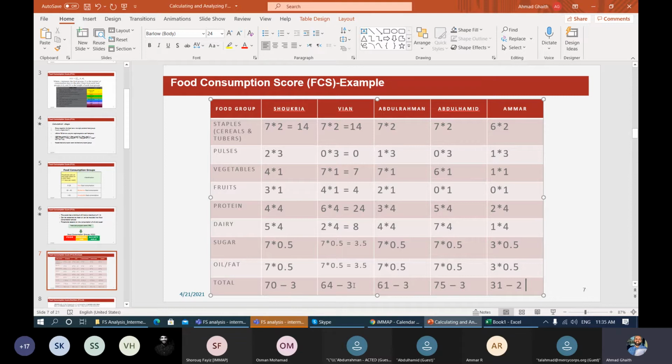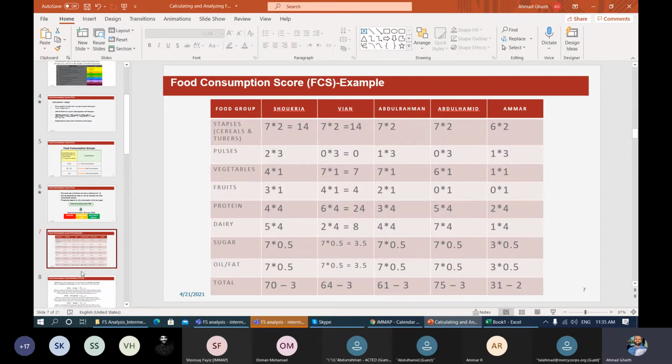If you think about it, somebody could eat 100 grams of beef 7 days a week and get a 7 here, or you could eat, and this is crazy, 700 grams of meat in one sitting with mansef. Then you have a 1 here. So it's not telling us everything, but it's getting us closer to the situation. Okay.